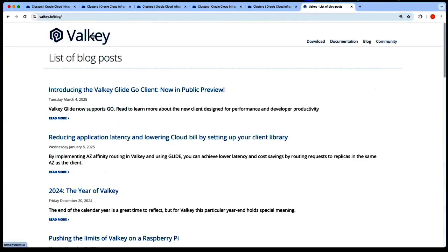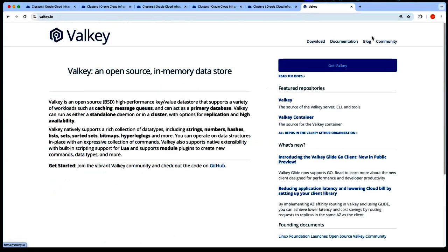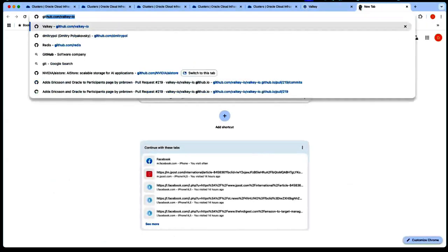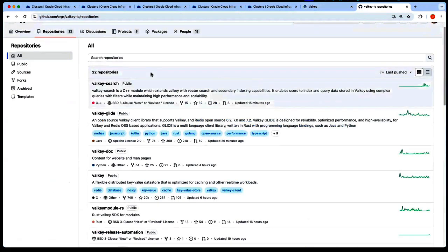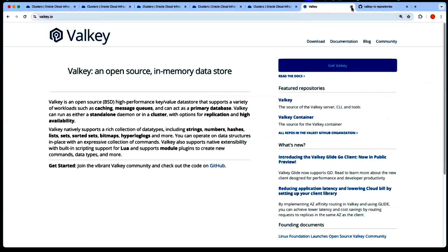So if you're interested in Valkey, check out its website, valkey.io. Lots of really good information. Or you can go to GitHub and just read about their project. They're very open about it. You can see all of their repositories. They're offering a lot of very cool features. For example, there are these modules called Valkey Search and Valkey JSON, and that's very interesting. It gives you the ability to extend Redis or Valkey beyond its core cache use case, and the ability to store JSON is a very powerful